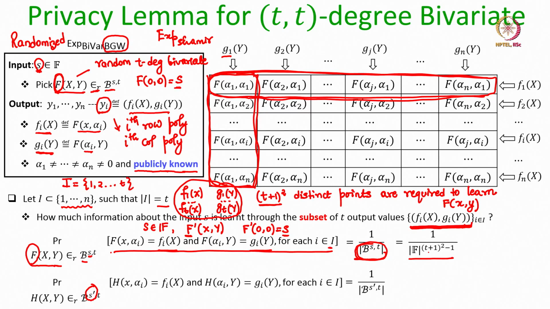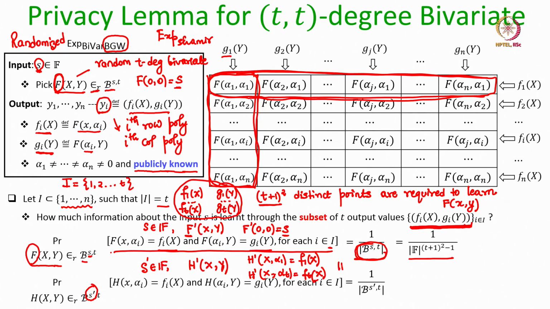Well, again, corresponding to this s prime belonging to S, there is a unique bivariate polynomial of degree t whose constant term is s prime. Let us call it h prime of x y, such that h prime evaluated at alpha 1 would have given you f sub 1, h prime evaluated at alpha 2 would have given you f 2, and like that h prime evaluated at alpha t would have given you f sub t,